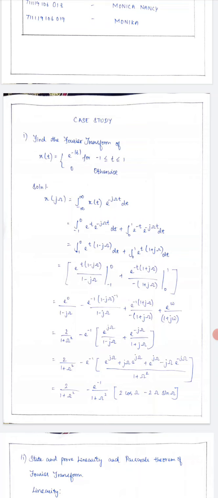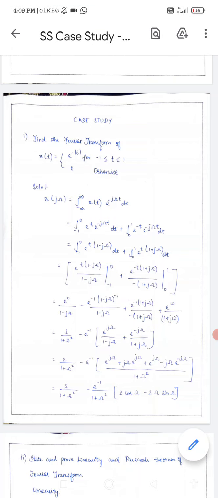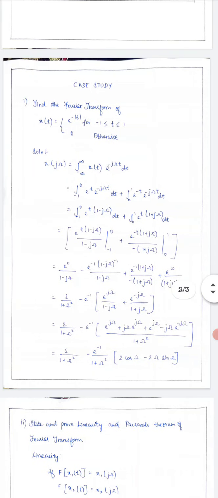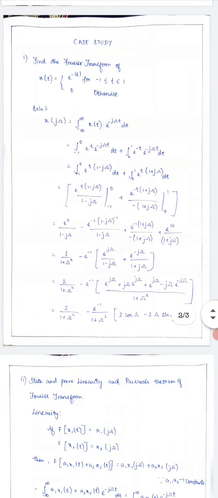as minus 1 to 0 of e^t into e^(-jωt) dt plus 0 to 1 of e^(-t) into e^(-jωt) dt. Now, the bases are common, like e^t and e^(-jωt), so we are going to add the powers. We will get e^(t(1-jω)) dt plus e^(-t(1+jω)) dt. By doing integration, we will get e^(t(1-jω))